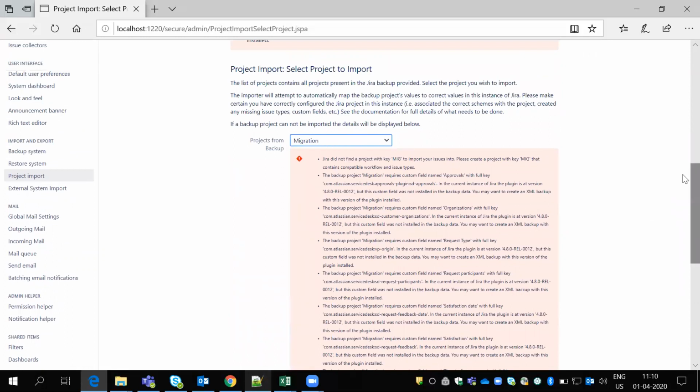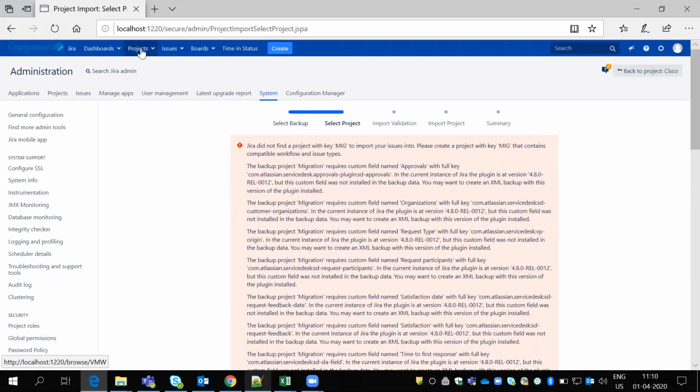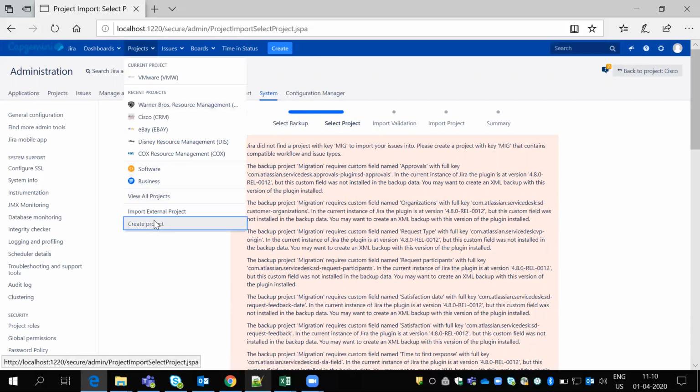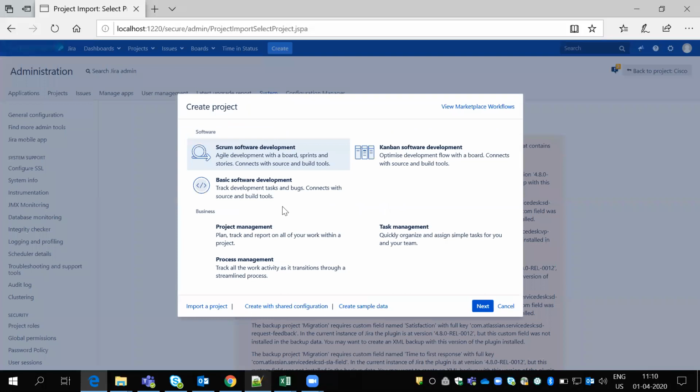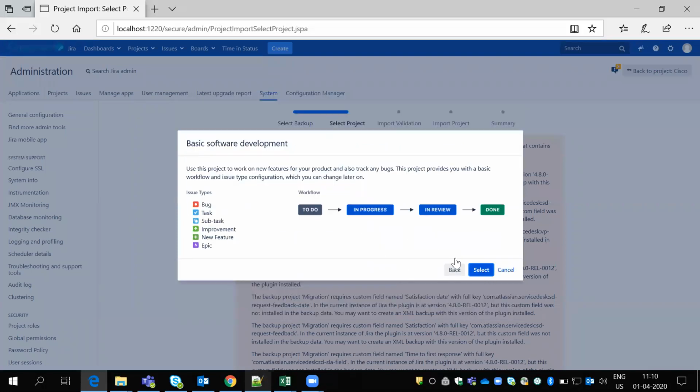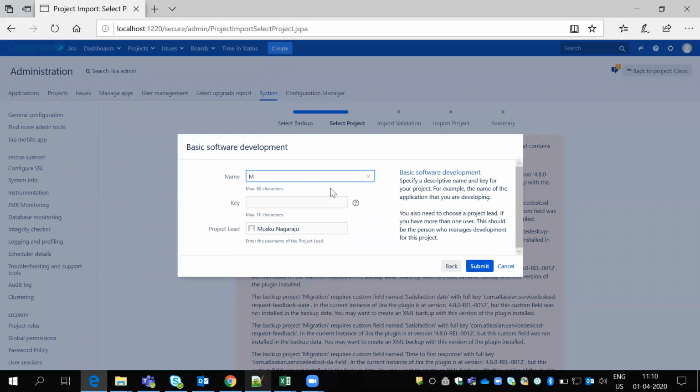Same projects means we need to create some same projects, like create projects, and we need to select the same project screen, next. Migrations, the same name we create it. So we just need to create projects.